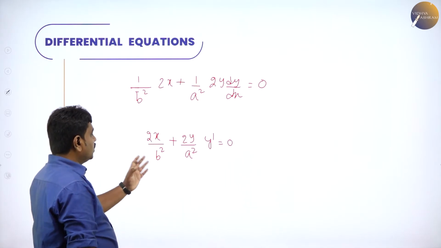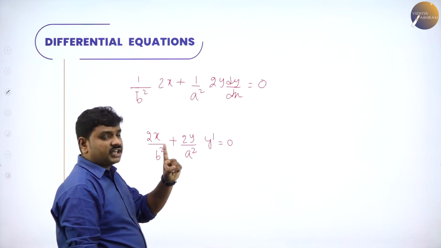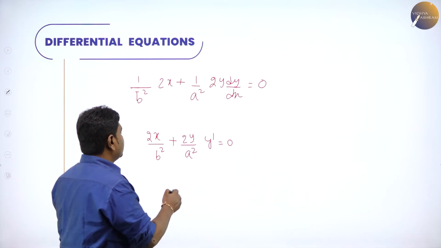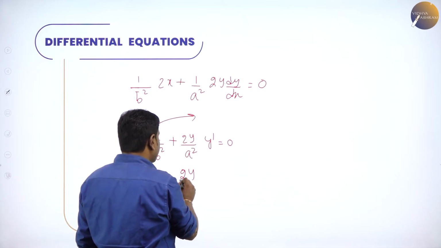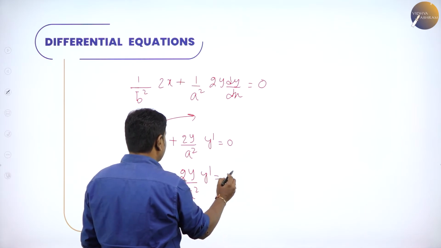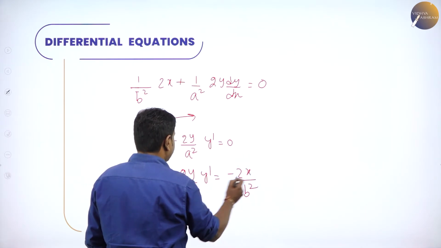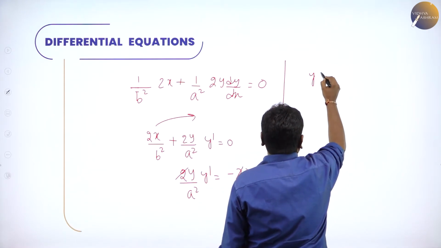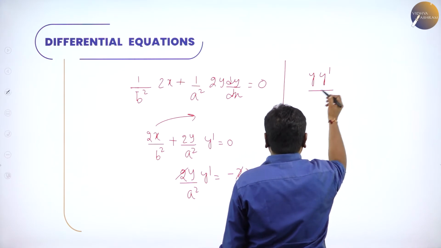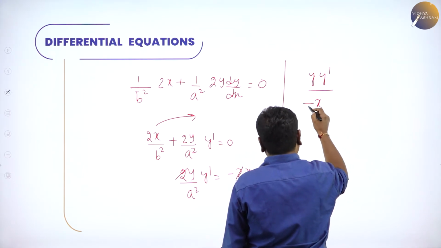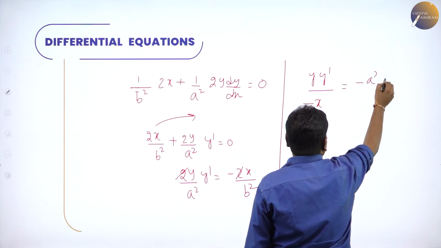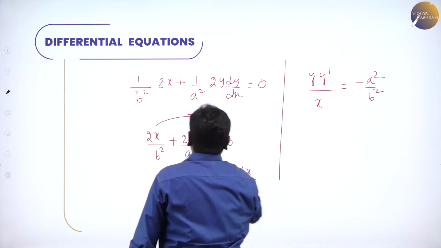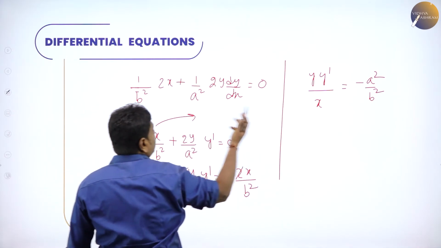Observe this carefully. Now our task is to rearrange. We have differentiated once. Now we have scope to differentiate only one more time. Now separate all the constants, then you differentiate. Transfer this to that side. So we'll get 2y by a square into y dash is equal to minus 2x by b square. 2 cancels. Now again rearrange. If you rearrange, so y dash divided by x is equal to minus a square by b square. So let minus be in the RHS only. So now I wrote like this. Now one more time you differentiate, enough.